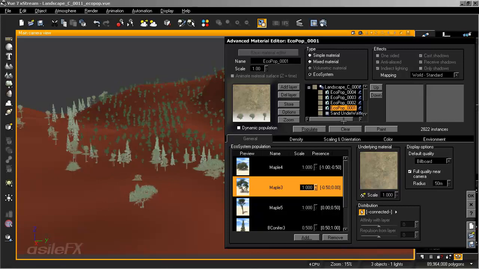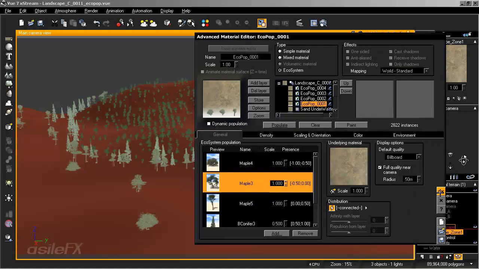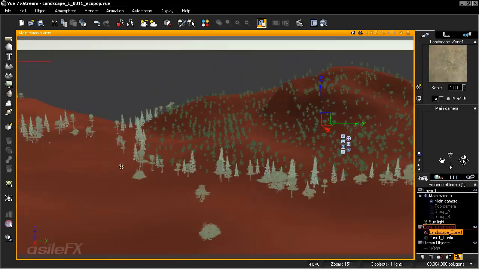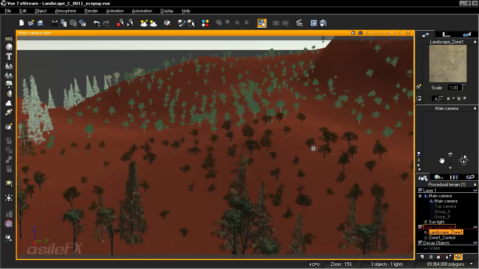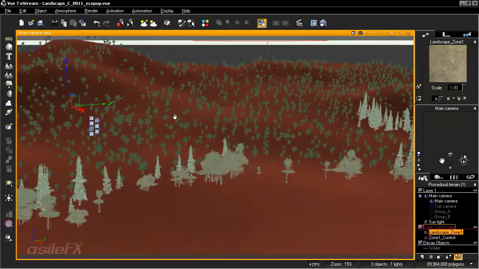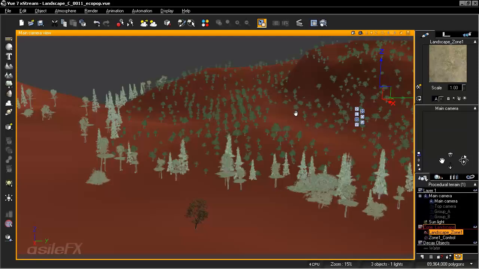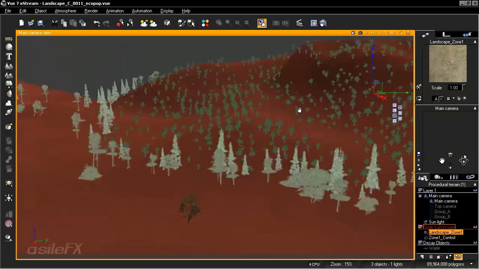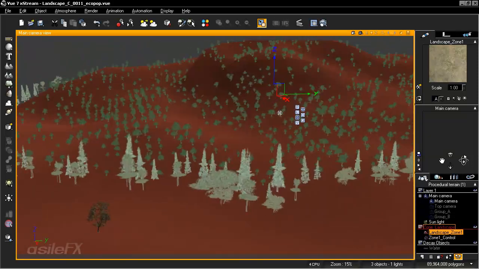So now what we can see is that we have sort of that ring effect, and the fractal we have set up for the distribution looks like it may be oversampling a little, which is why we have so many of these smaller plants on the inside. But what it's going to do is take the high number and assign that